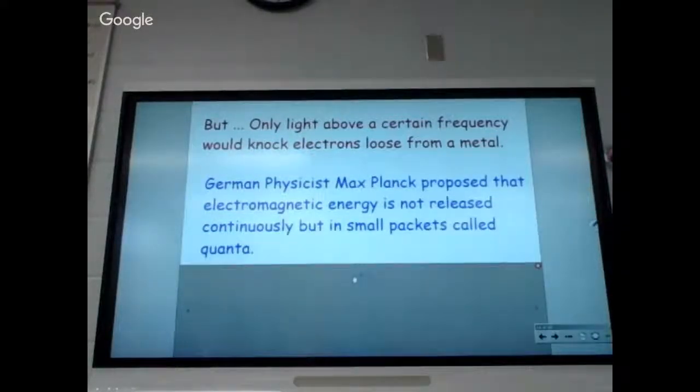Okay, the first one is German physicist Max Planck. Max Planck proposed that electromagnetic energy is not released continuously, but in small packets called quanta. And you're going to see me draw really weird pictures today